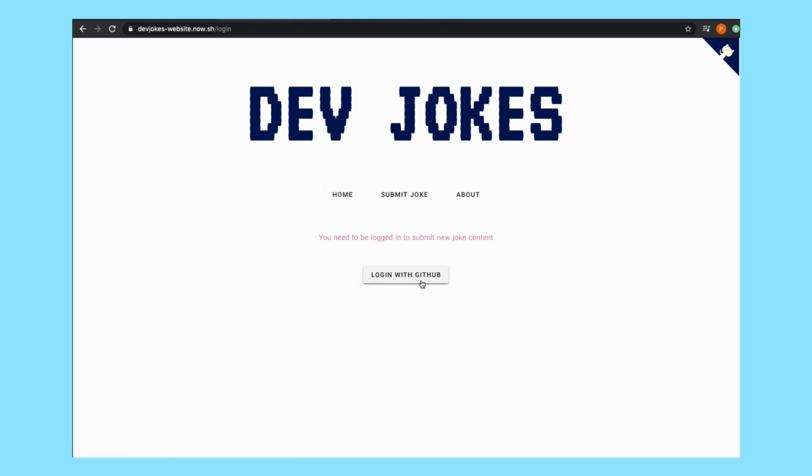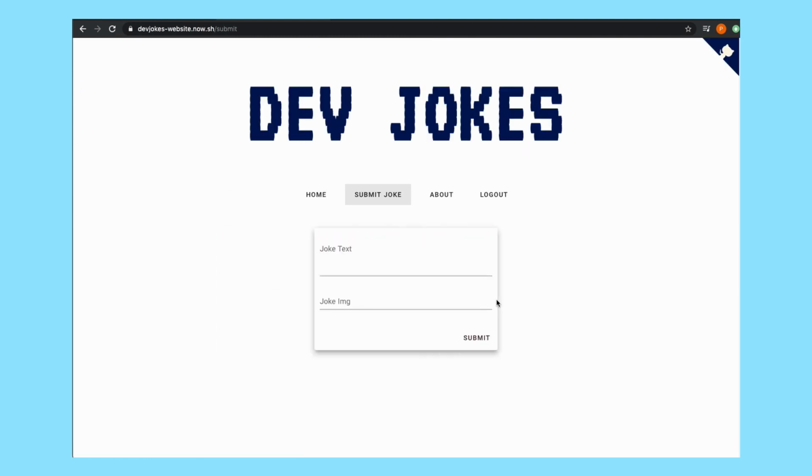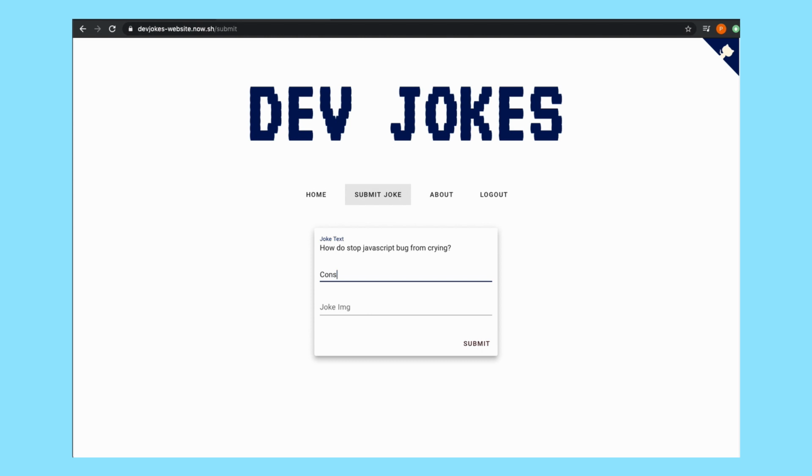There is the submit button. So when you click the submit button, it asks you to log in using GitHub. So you can perform the OAuth operations and log in into that. As soon as you log in, it presents you with a form where you can submit new jokes in text or image or both. I haven't yet put any validations in there, but when you submit, I do store your GitHub username. And anyway, the default approval for all these jokes is false, so you would have to get into a database and approve them to show up in that random homepage.